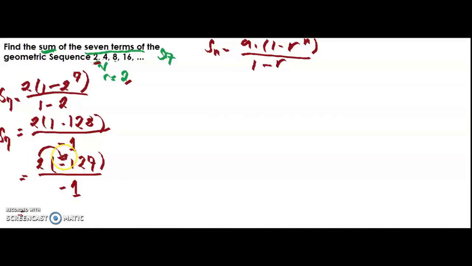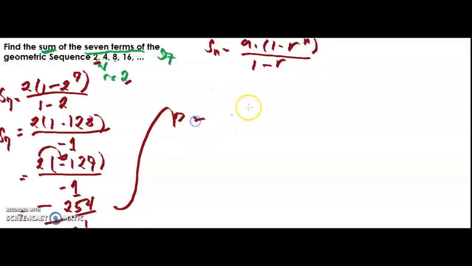2 times negative 127 is equal to 254. Okay, so we have now negative 254 over negative 1. We know that if we are dividing two negative numbers, it will give us a positive number, right? So we have negative 254 divided by negative 1 is equal to positive 254. Therefore, the sum